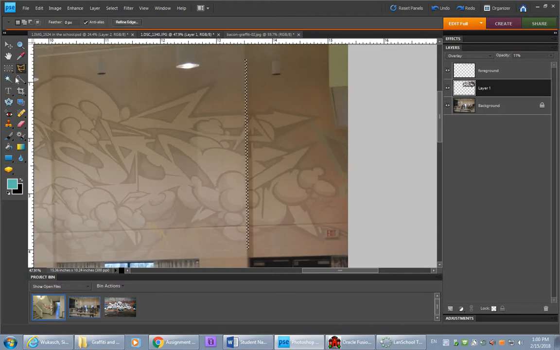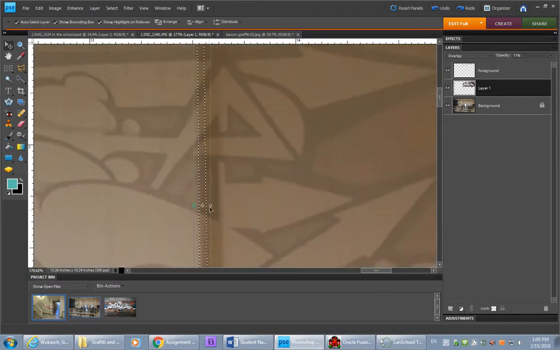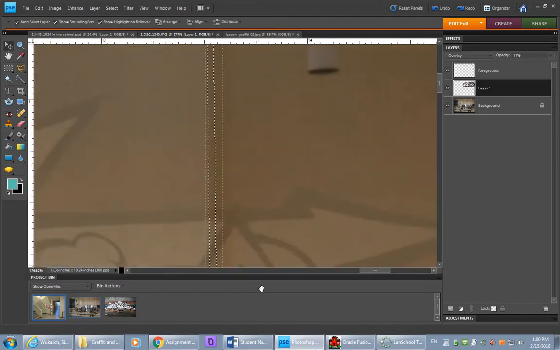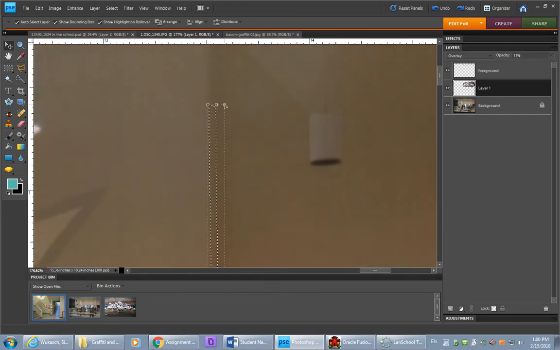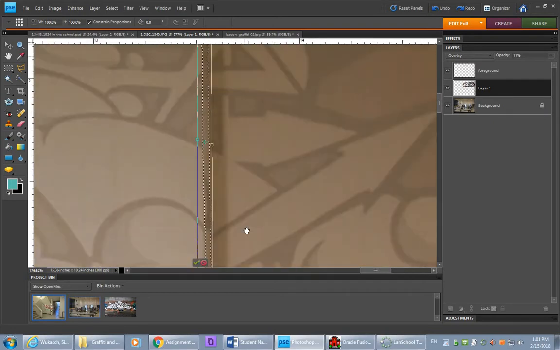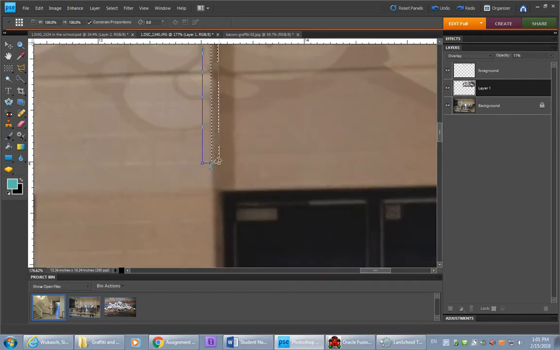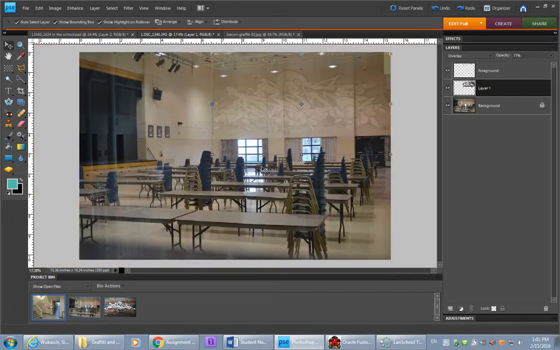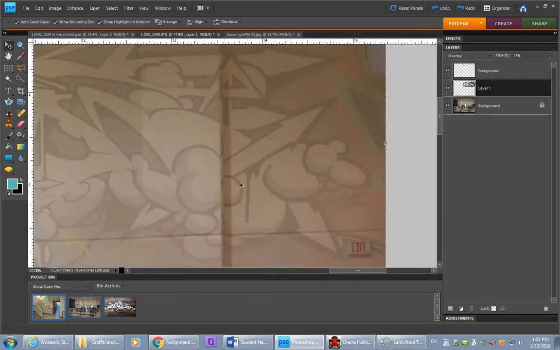So, I mean, this is even hard to see, but you'd have to hold down Control and drag from this corner down a little bit, make it look like it's in perspective, and up a touch. You know, I don't know if that's gonna work. Control D to deselect. Yeah, it's a little offset now. Yikes. Yeah, so that wasn't successful,